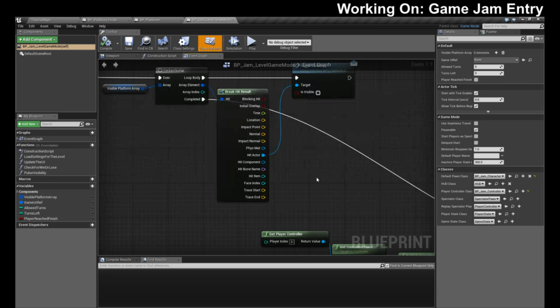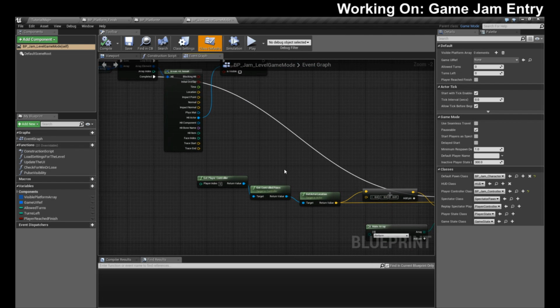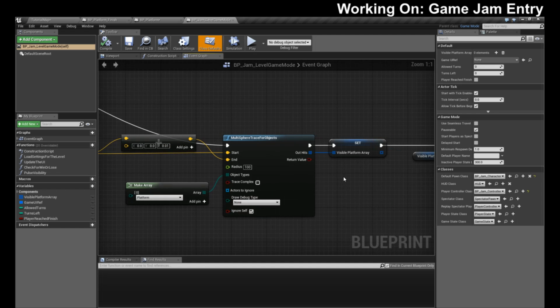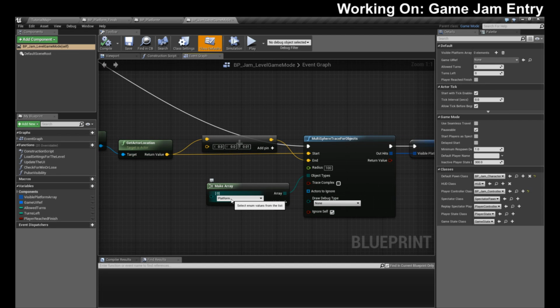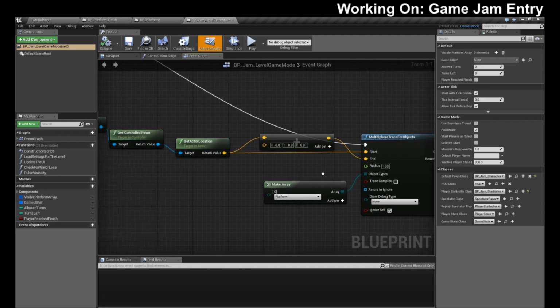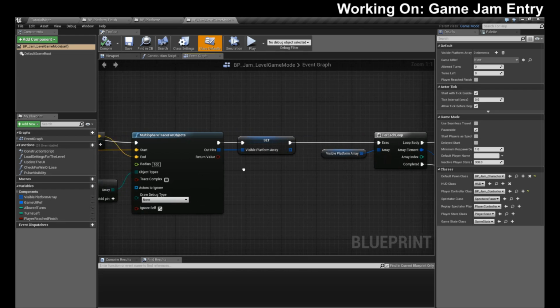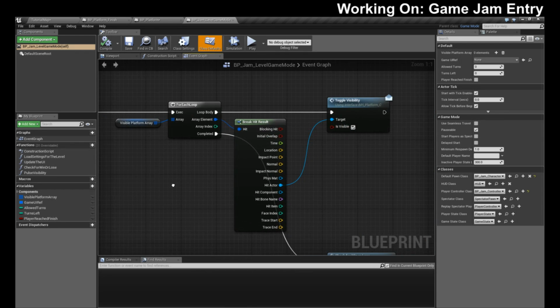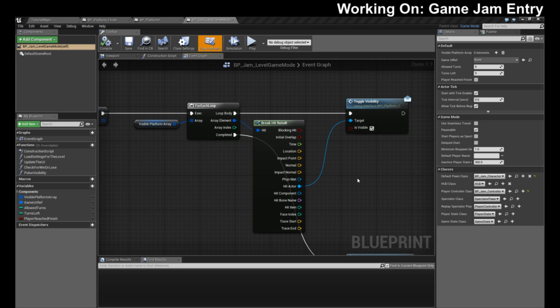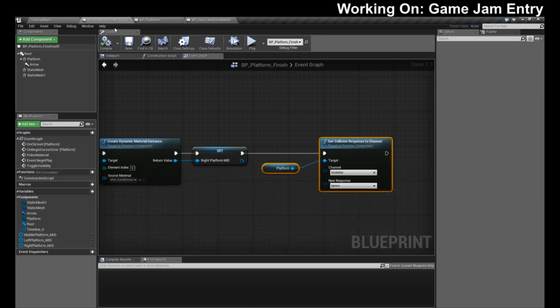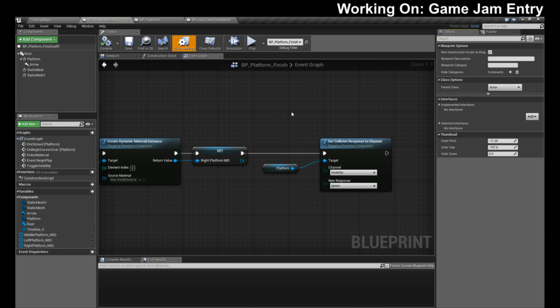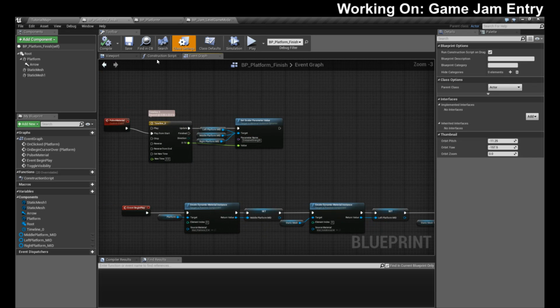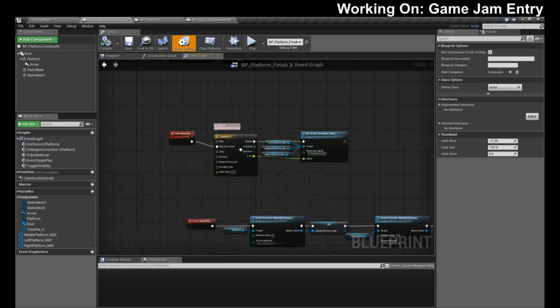Toggle visibility is not visible. And then these ones should be visible, which is everything we hit, which responds to platform. So then what I need to do is... Oh, I probably don't implement the interface, I bet you. Which would be why, yeah.